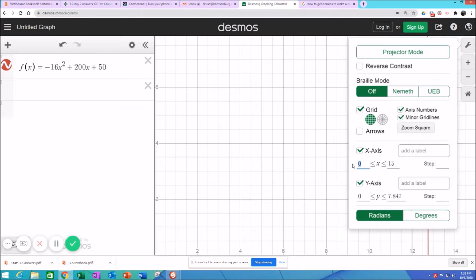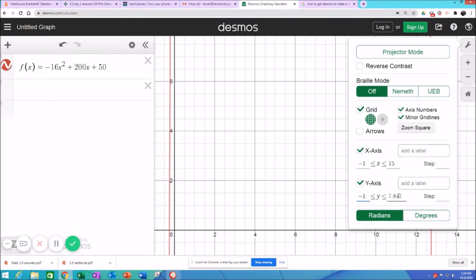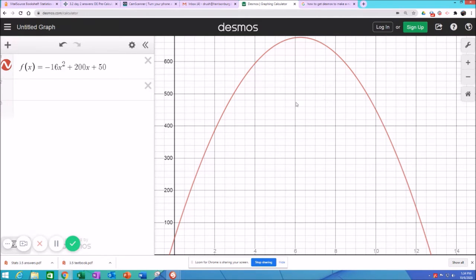Okay, so here we see a good graph of this. Okay, so you can see it starts here at 50. That's the building that it flies off of, and it flies up into the air, gets a maximum height here at 6.25, and, well, at 6.25 seconds, the max height is 675. And then you can see this starts coming back down. Now, we want to know for part C, how long is it above y equals 300? Okay, so here's 300, and it's at 300 at